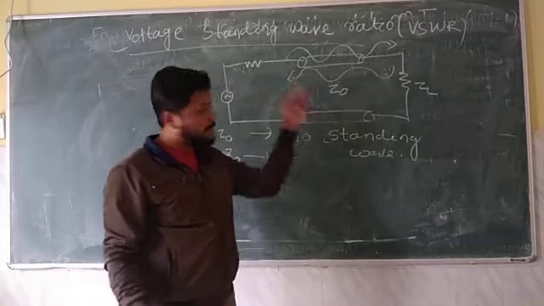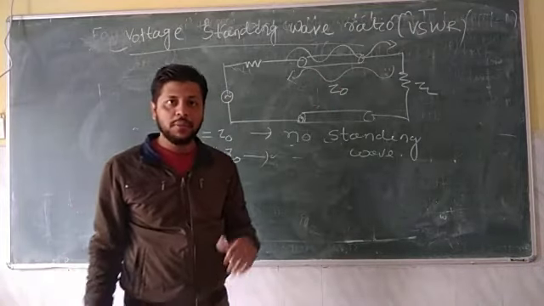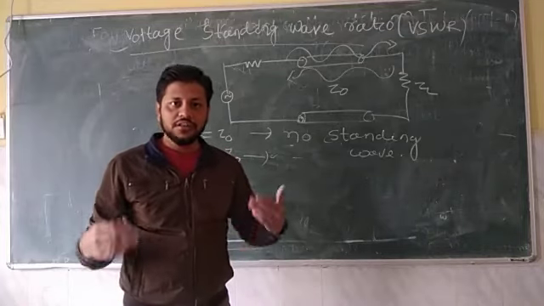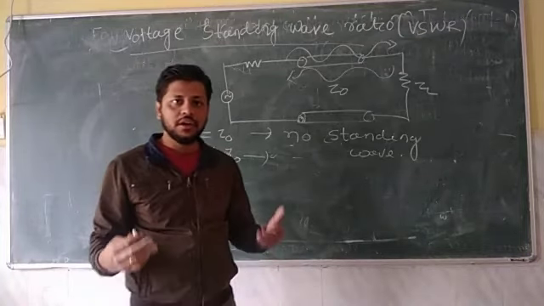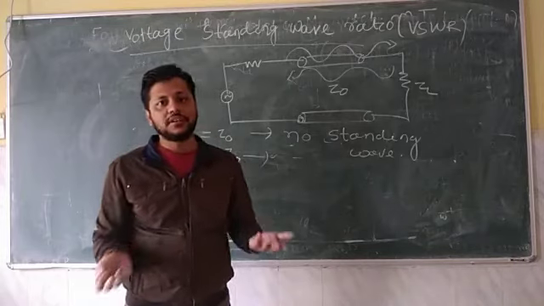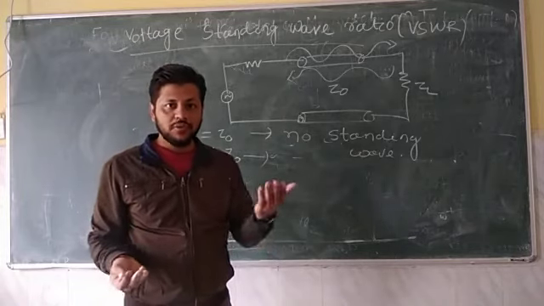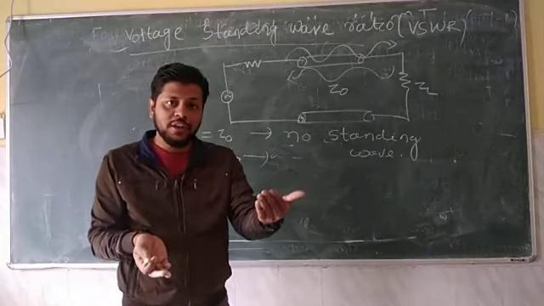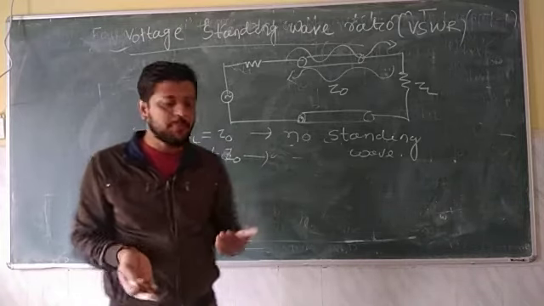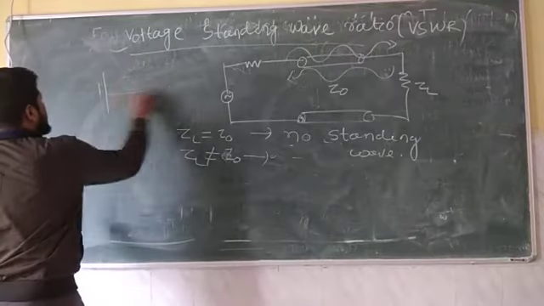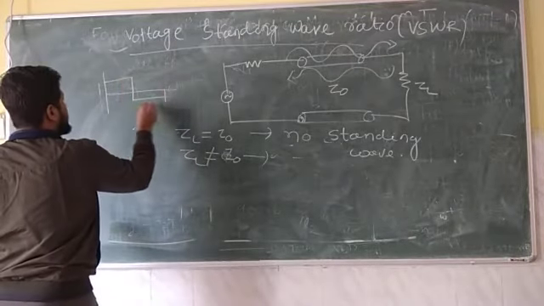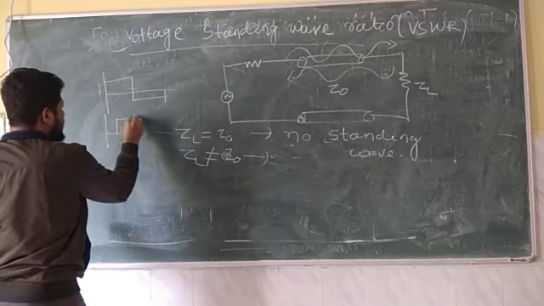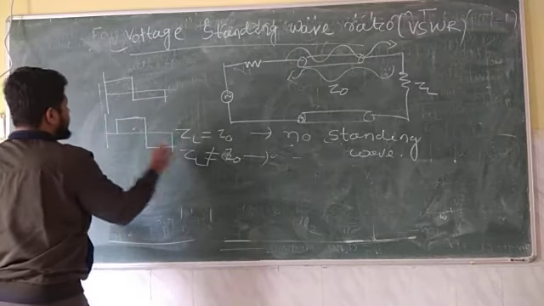In opposite direction but in the same path, then what will happen? Interference will occur. And for that interference, we know interference means addition or subtraction of signal. When will addition take place? When both the signals are in the same phase. For example, here we can see, suppose this is your incident wave and this is your reflected wave, then what will happen?